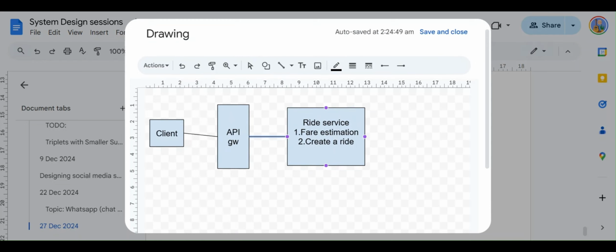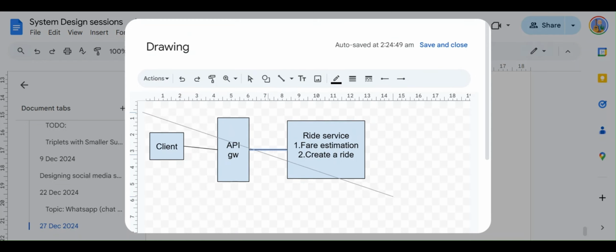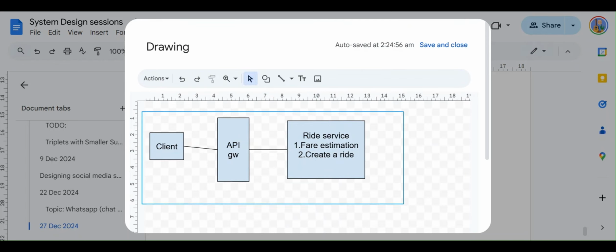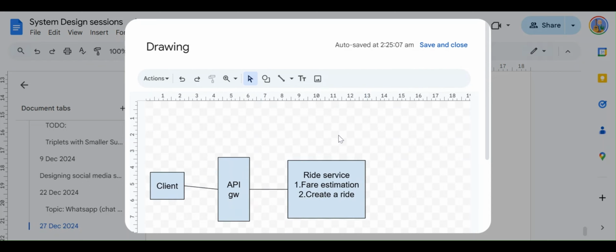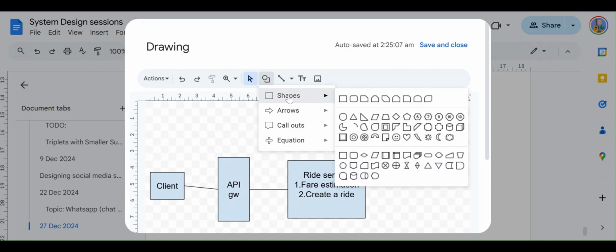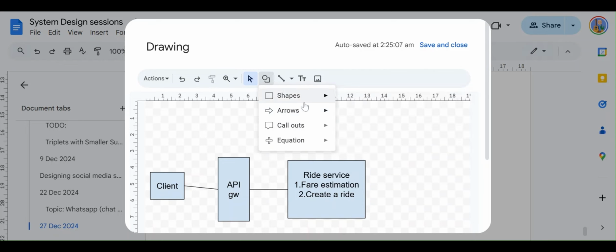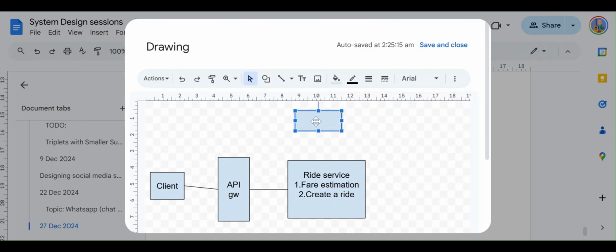And then this is connected to the, let me just put it a little below. So this is connected to the third party system to fetch the ETAs and the distances.